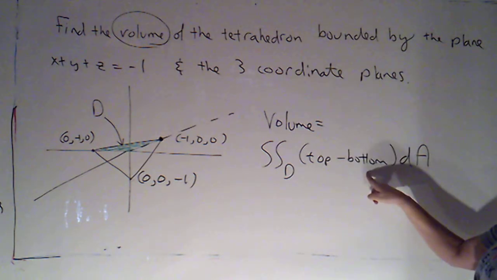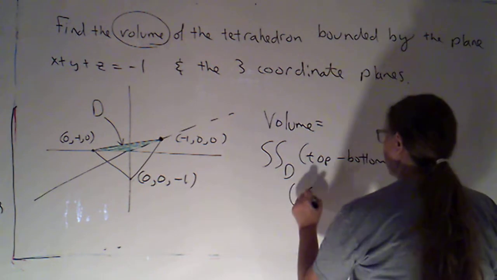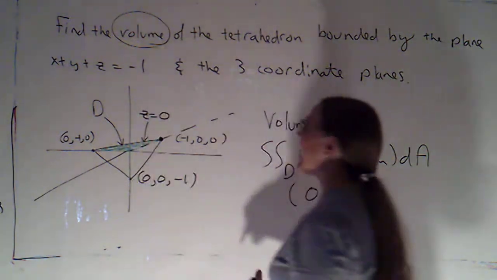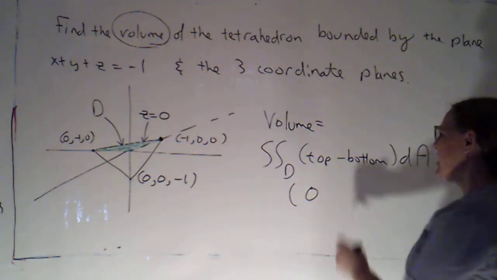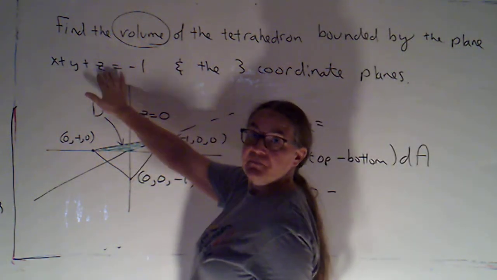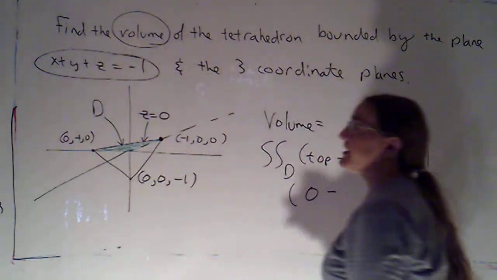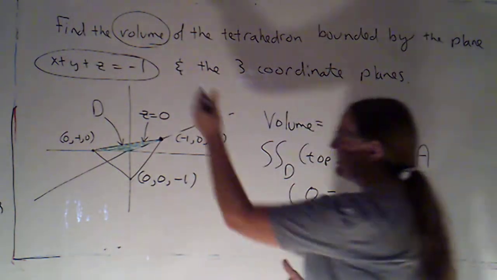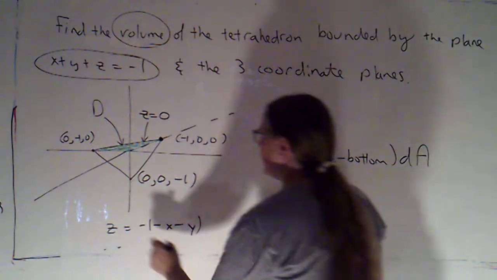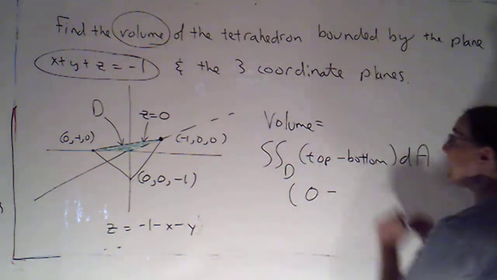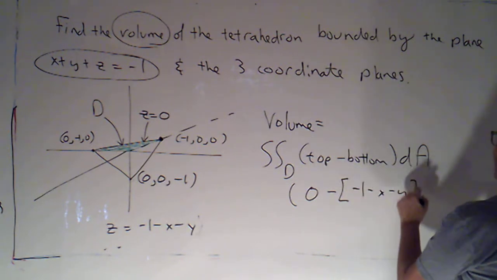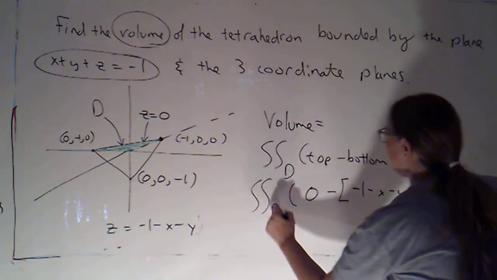So, let's see. While we're talking about the top and the bottom, let's go ahead and get that. The top surface is 0. That's z equals 0 right there. That's the xy plane, is the top surface. What I'm subtracting is the bottom surface, which is going to be the part that's on this plane. Now here, I was given a perfectly valid equation for a plane, but it wasn't given to me as a function, so I'd need to solve for z. So I'd say z is equal to -1 minus x minus y. Okay. So top minus bottom is going to be 0 minus (-1 minus x minus y),